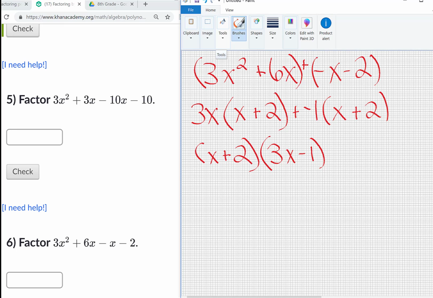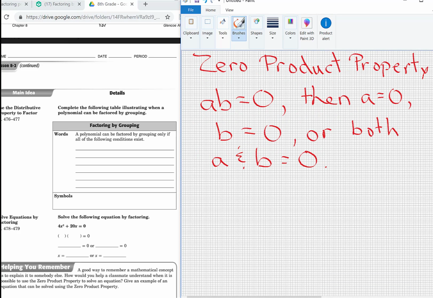The next step in this lesson is figuring out the zero product property. The zero product property is just telling you that if you have a times b, and that equals 0, then either a equals 0, b equals 0, or both a and b equal 0. So how we use that